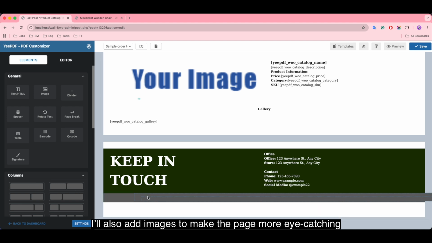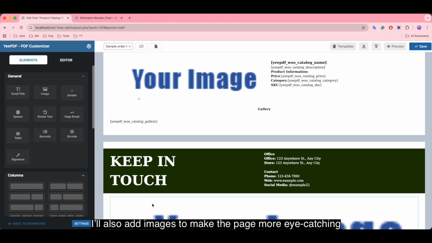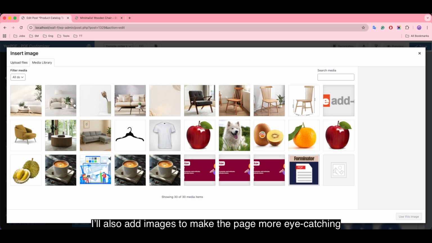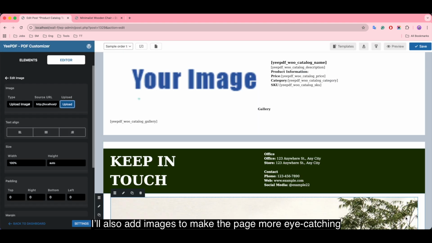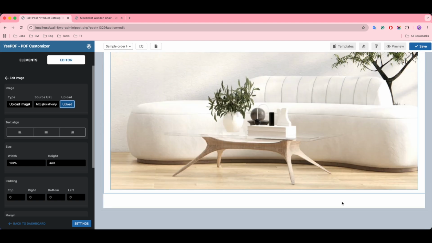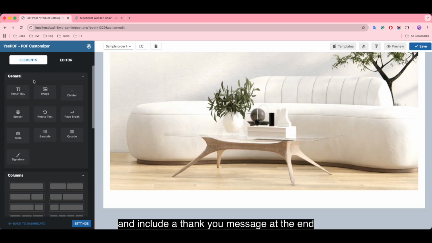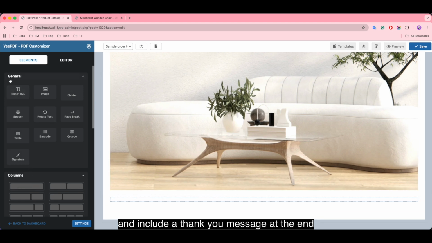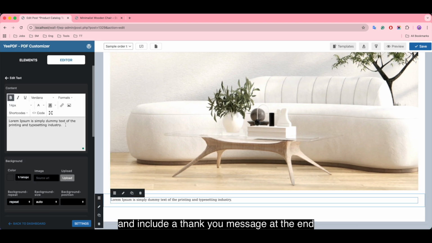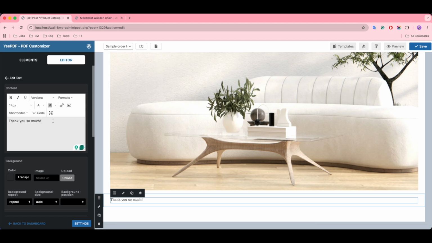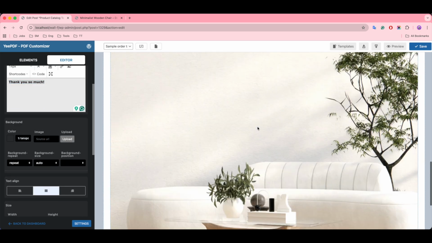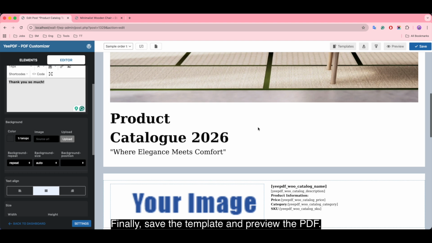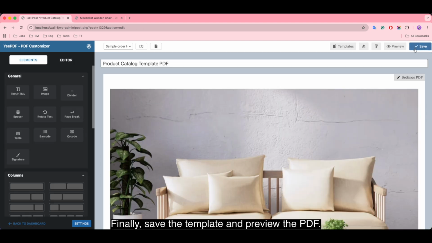I'll also add images to make the page more eye-catching, and include a thank you message at the end. Finally, save the template and preview the PDF.